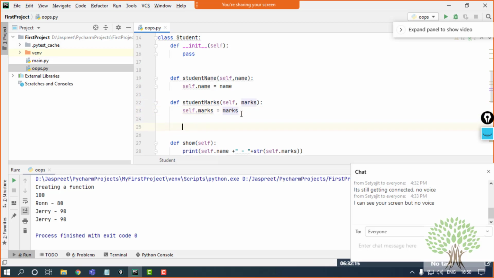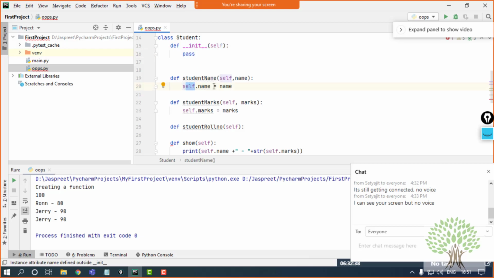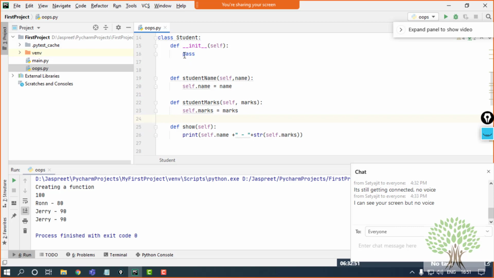Right. I have to make a different function. I'll say def student roll number and I'll pass the roll number, and then I'll go on for as many characteristics as I have for the student. But with the use of a constructor, I can pass them in one go, and using the self attribute, I can pass them into a variable so that whenever I want to use it, I can just pick it up from the constructor and use it anytime. The two main uses of a constructor are these only.